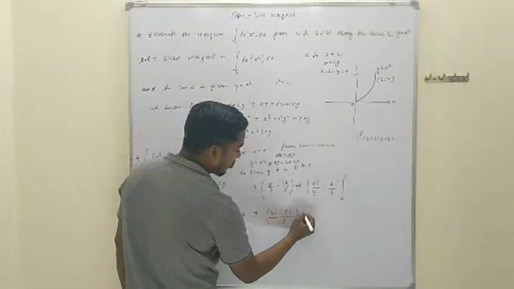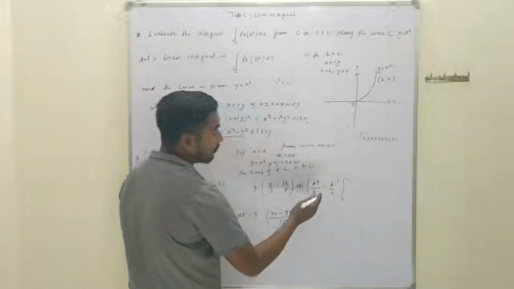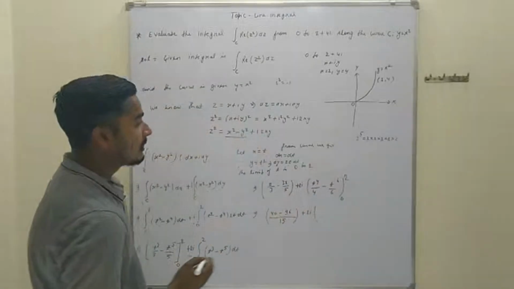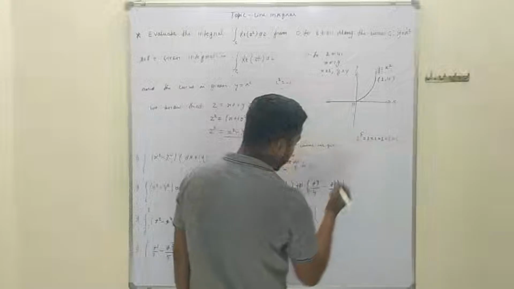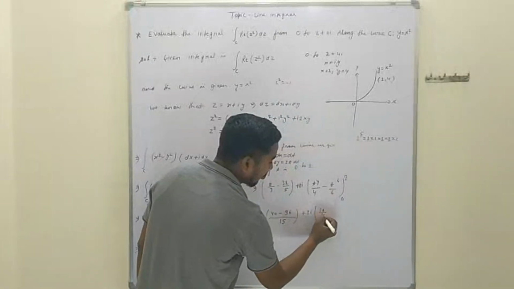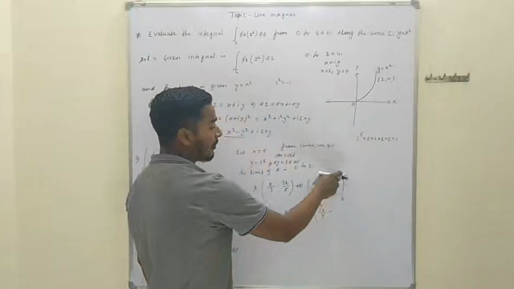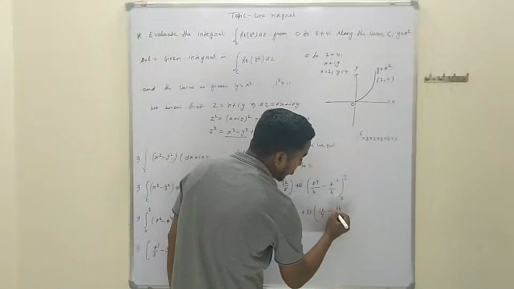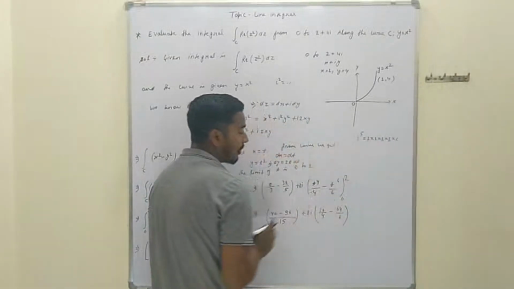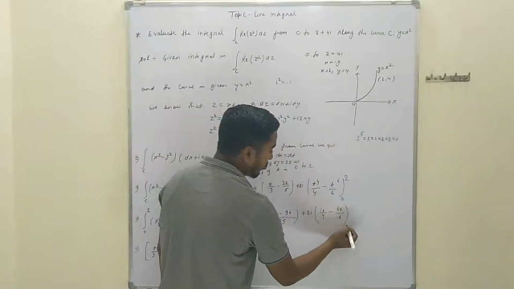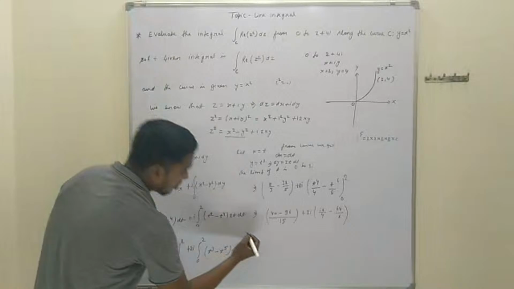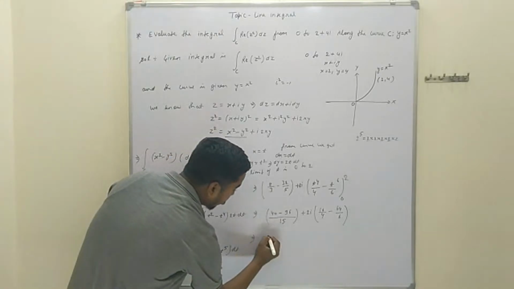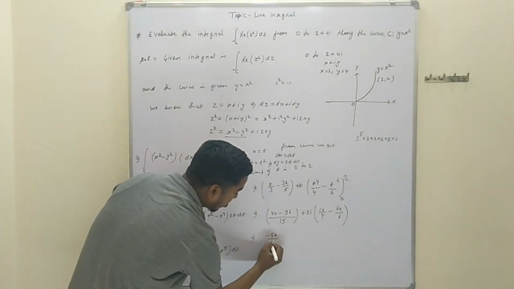plus 2i, and here we apply the limit. On applying the limit, t to the power 4 gives 2 to the 4, 4 to the 8, 8 to the 16, this is 16 upon 4, minus, putting the upper limit t to the power of 6, this gives 64 upon 6, and applying the lower limit we get 0. So we write here, further solving, this gives 40 minus 96, this gives minus 56 upon 15, and